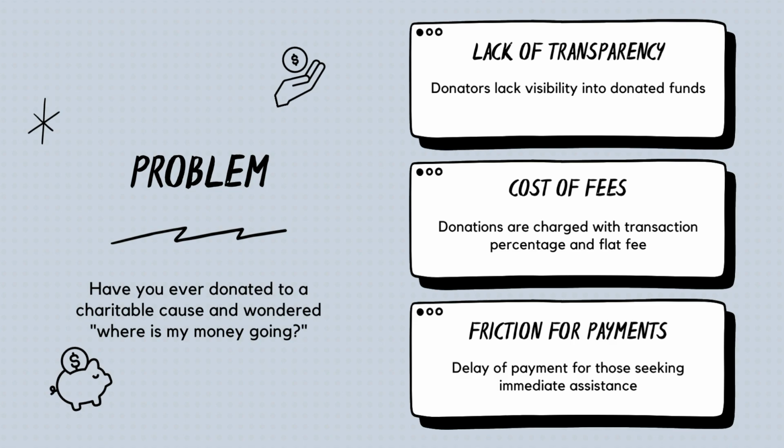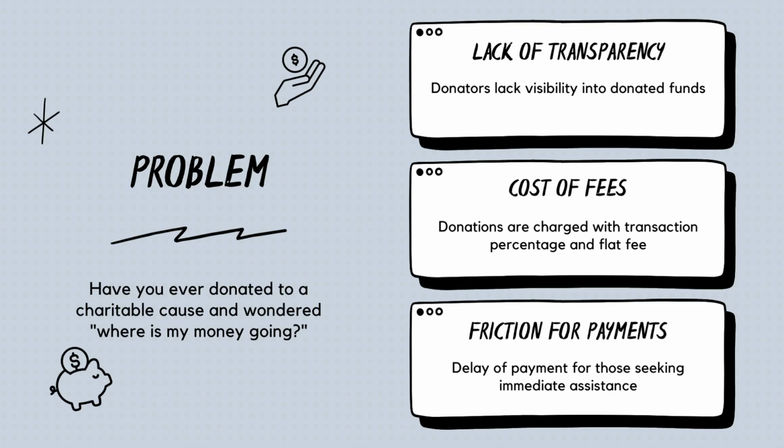The reason for this varies depending on the organization or cause, but oftentimes there is a questionable allocation of these funds, all while donors are left in the dark and the people who need it most are delayed financial assistance. Even more direct crowdfunding platforms such as GoFundMe or Kickstarter often have high fees for donors and fundraisers, and the funds can only be allocated to one person or fundraiser at a time. This is a bottleneck and friction between donors and people who need financial assistance, and this can be removed using